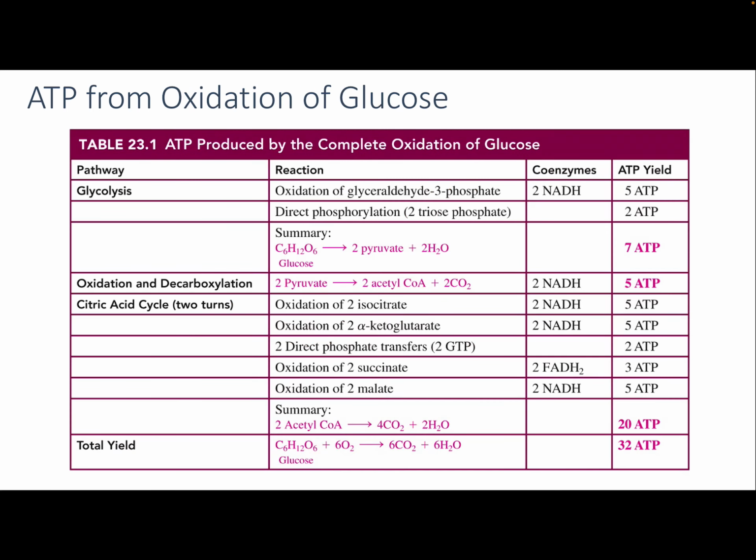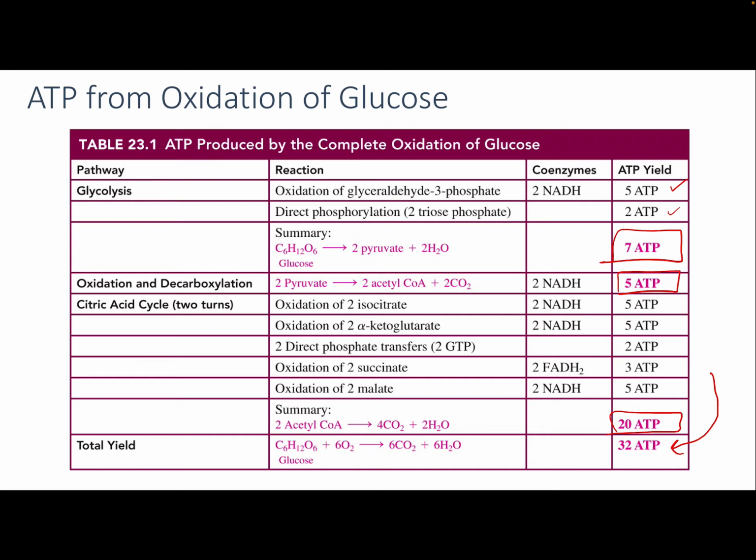So taking all of that together, we've got glycolysis, which generated 5 from the electron carrier and 2 directly, or 7. The oxidation of the pyruvate gave us 5 more. Citric acid cycle gives us 20 for the 2 turns. And so for 1 glucose, we can expect about 32 ATP. Now the numbers changed a little bit from when I was learning this stuff 15 years ago. It's probably going to change again as we get better at defining these things. But about 32 ATPs is what we can expect, 28 to 32